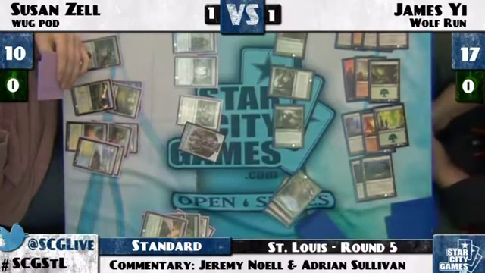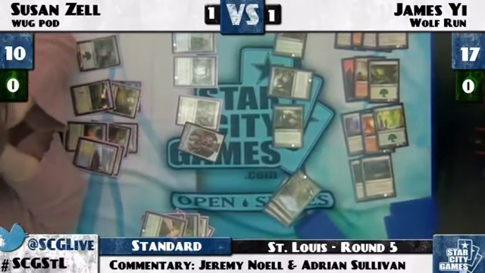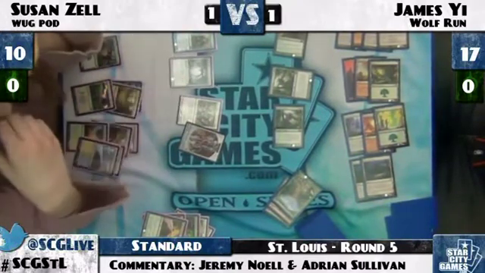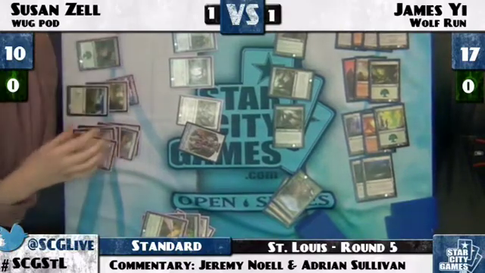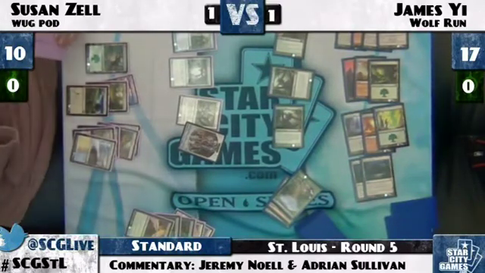Yep. But it looks like James, with fetching up that extra land, might be attempting to activate double Wolf Run to get around Spellskite. Doesn't really do anything like that. I don't know what his thought is on that, though. So, Susan